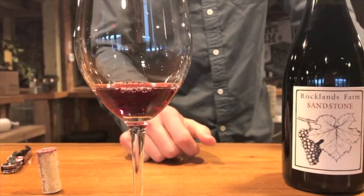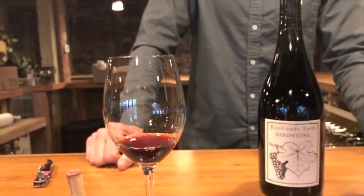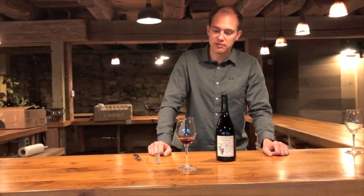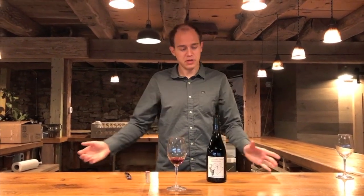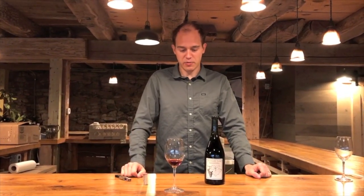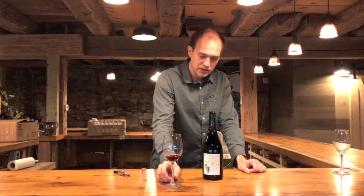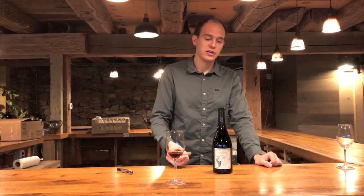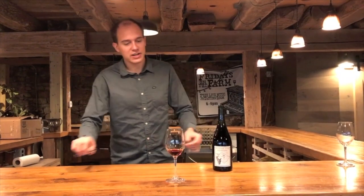You can use your finger. If it drips on the label, it's not that big a deal. We just don't want to drip any on the glass. But again, if there is, you don't need to discard the glass or anything, but you can simply take a cloth and wipe that down. So that's a tasting pour right there. Customer will enjoy that. If you have the bottle accessible, you can keep the bottle on the table for them to look at. If they wanted a glass of wine,